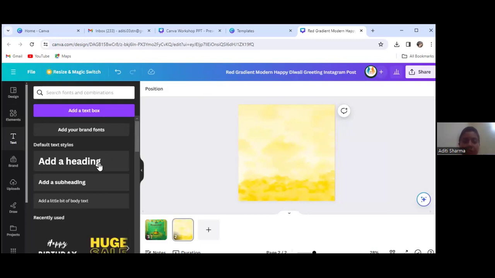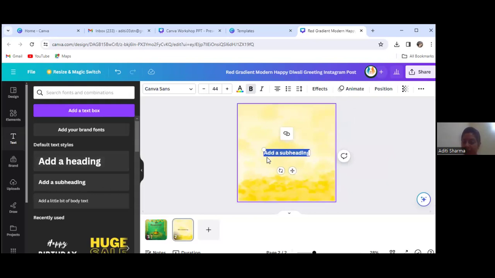नाउ टेक्स्ट ऑप्शन पे जाएंगे. 3 types of texts are there. Adding headlines, anyone you can select it. You can write here.